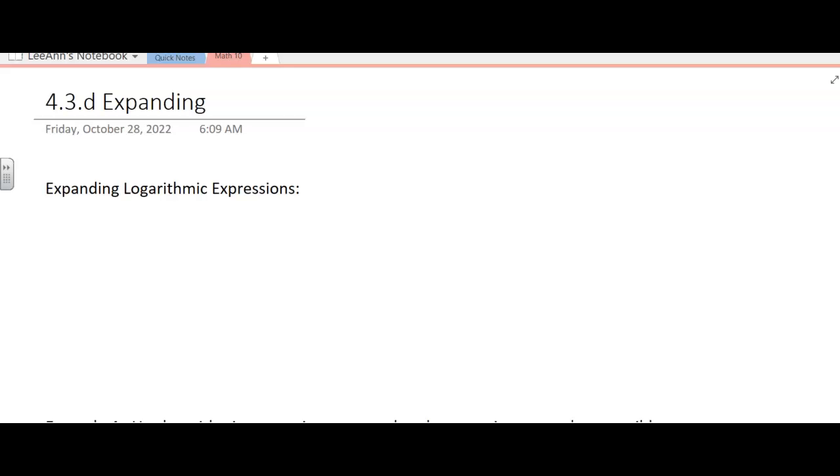Okay, so how do we expand logarithmic expressions? It really comes in like 2 or 3 steps. So you're going to have one logarithm, and it's going to have some base, whatever the base is. And then you're going to have stuff in here. There might be multiplication, there might be division, there might be exponents, but you're going to have some stuff in there. First,